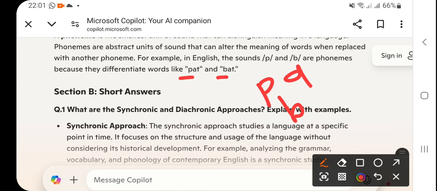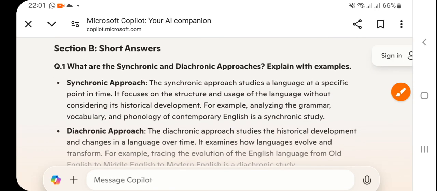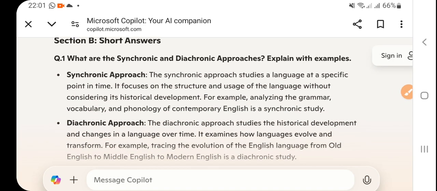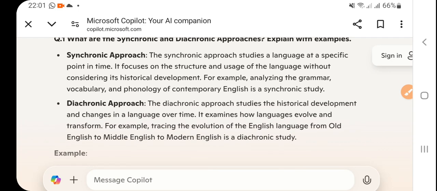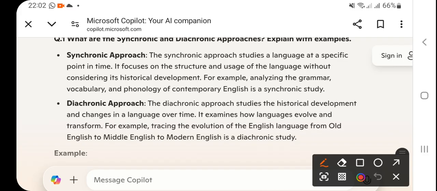Now the next question is, what are the synchronic and diachronic approaches? The synchronic approach studies a language at a specific point of time. Linguistics is the study of language. Grammar is the study of language. Parts of speech is the study of language. So when we study any language,